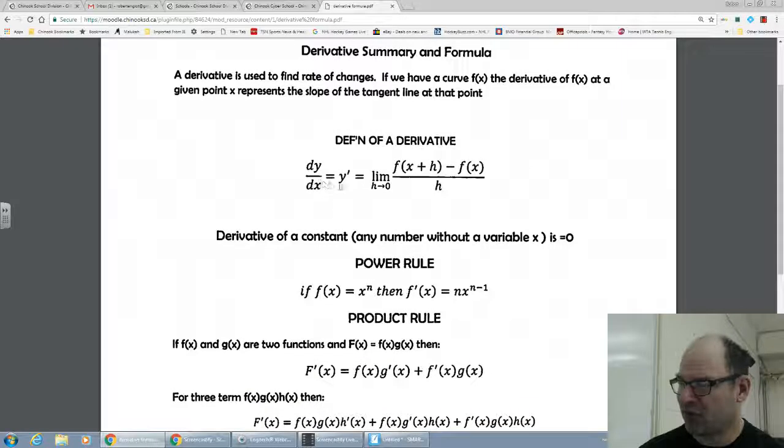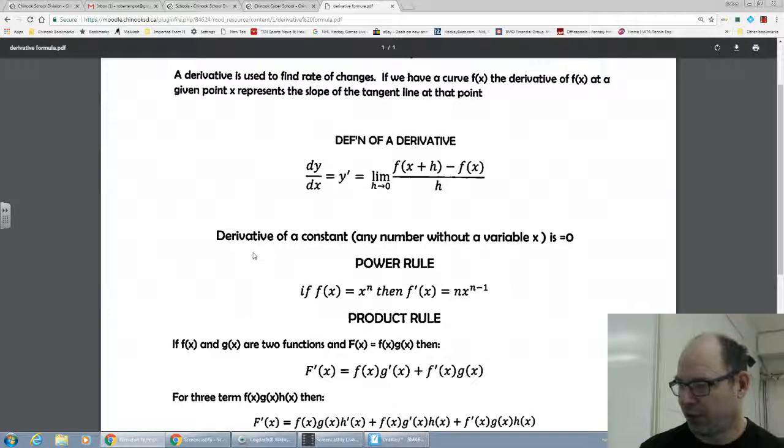Okay, so here is the definition of derivative. We don't often use this when we're doing derivatives, but I will have one question on the hand-in where you have to use this particular formula to find the derivative dy dx or y prime or f prime of x. You have to take the limit of the function f of x plus h minus f of x, divided by h, when h approaches 0, remembering that h is the distance between the actual point that you're trying to find the derivative at and